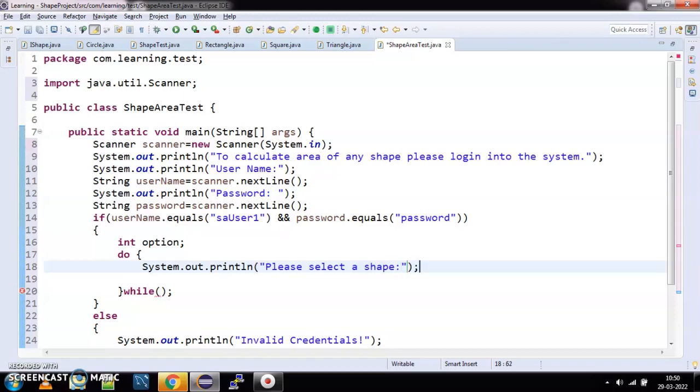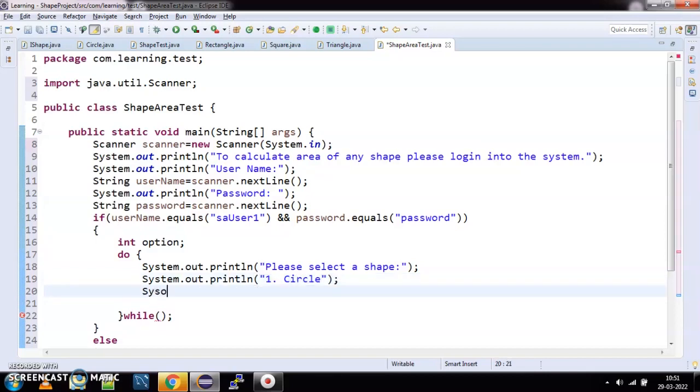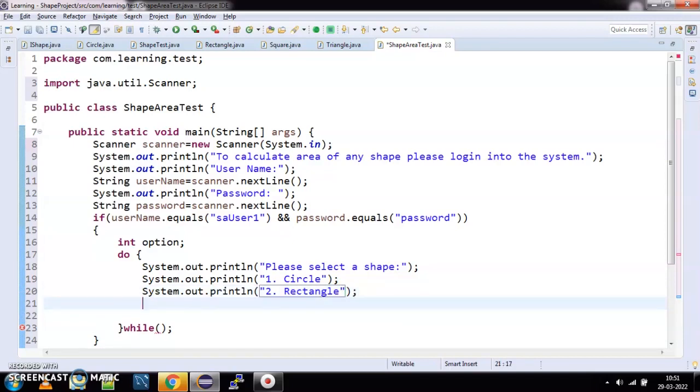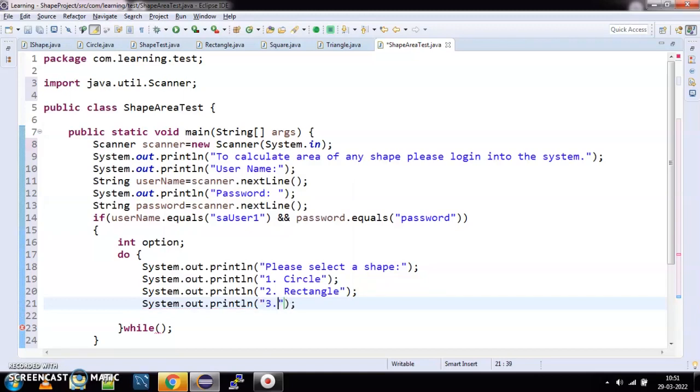Okay, and I will give him the various options. So I'll say again a few sysouts, and I'll say 1 dot, okay, for circle. So 1 you have to enter for circle. Similarly, I'll say sysout, and I'll say 2 dot space, and I'll say this is going to be rectangle. So if you want to find the area of a rectangle, you need to say 2. Then I'll say sysout again 3 for